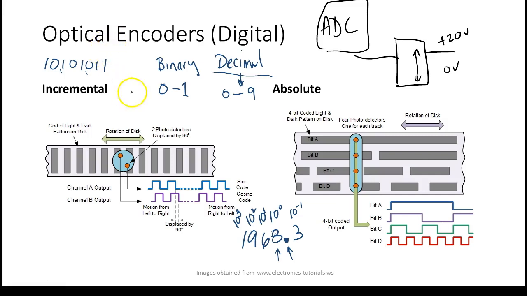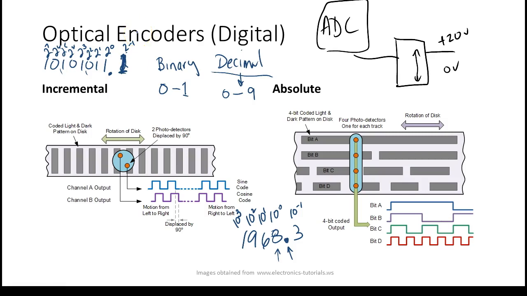Well, binary we call a base 2 system. So I'm going to put 2 up there. This would be 2 to the 0, 2 to the first, 2 to the second, 2 to the third, 2 to the fourth, 2 to the fifth, 2 to the sixth, 2 to the seventh, 2 to the 8th, 2 to the 9th, 2 to the 10th. If I put a binary point right there, and I put a digit, what's nice about the binary number is it's either going to be a 1 or a 0. This would be 2 to the minus 1, 2 to the minus 2, 2 to the minus 3, 2 to the minus 4, 2 to the minus 5. And that's the way these work.